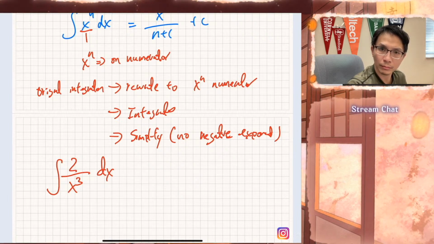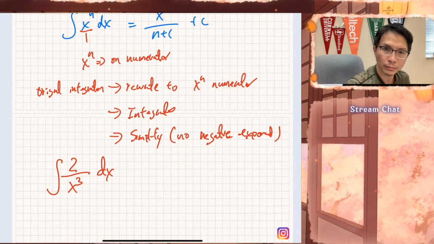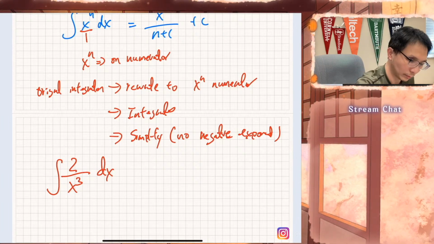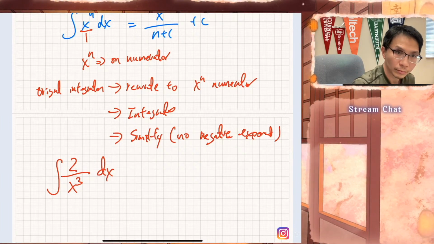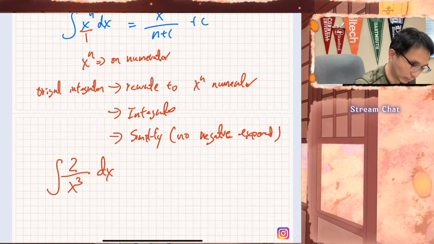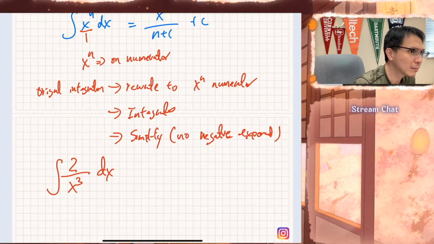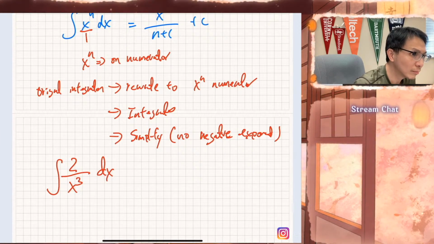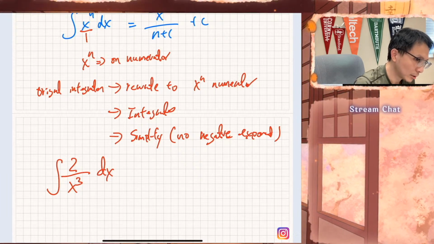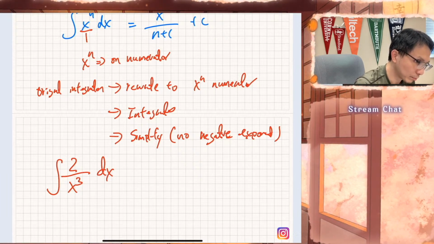Negative 1 over x squared. Negative x to the negative 2 plus c. Negative 1 over x squared plus c. I have 2x to the negative 2, I think negative 1,